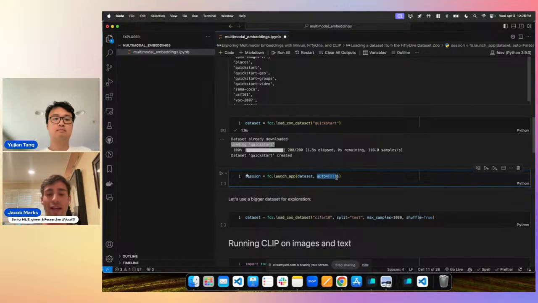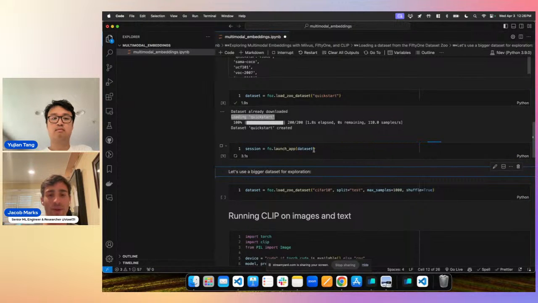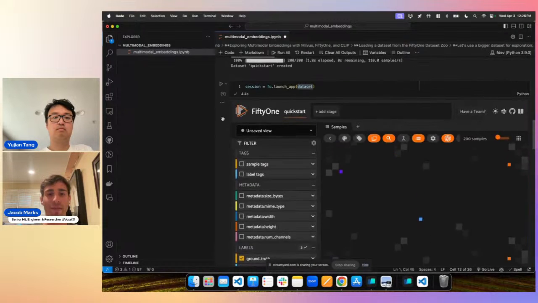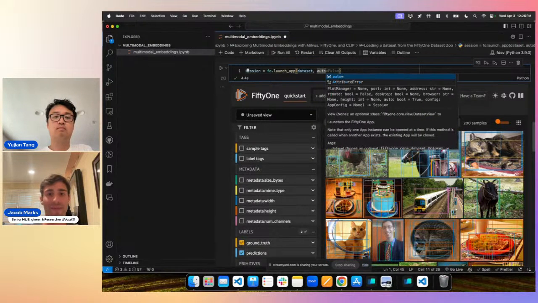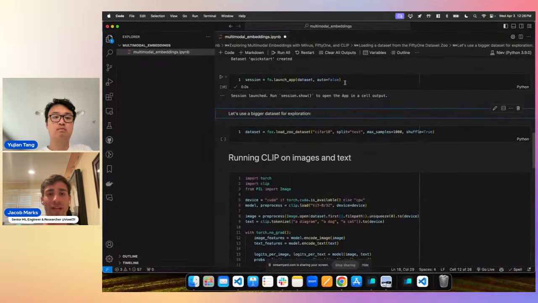If you're in a Colab, you may want to visualize this in a cell in the notebook. If you just pass it in without auto equals false, then you will get the FiftyOne app in a cell output in the notebook. But for us, sometimes it's easier to just pass auto equals false so that it doesn't do that.